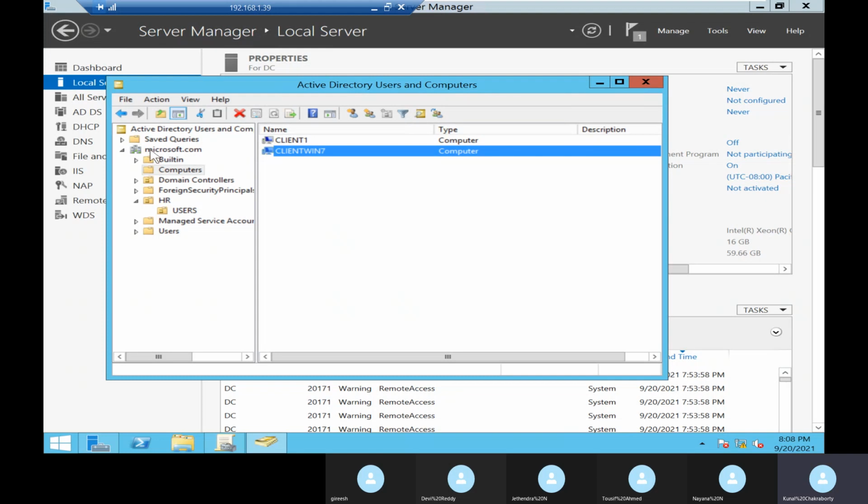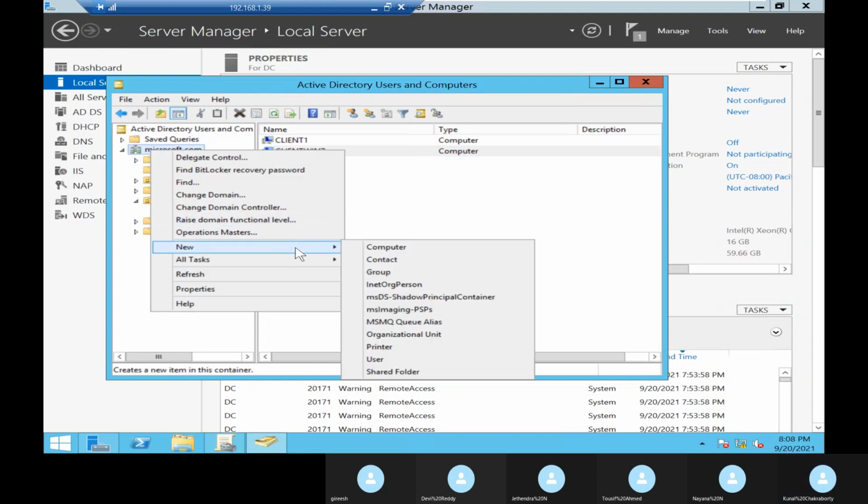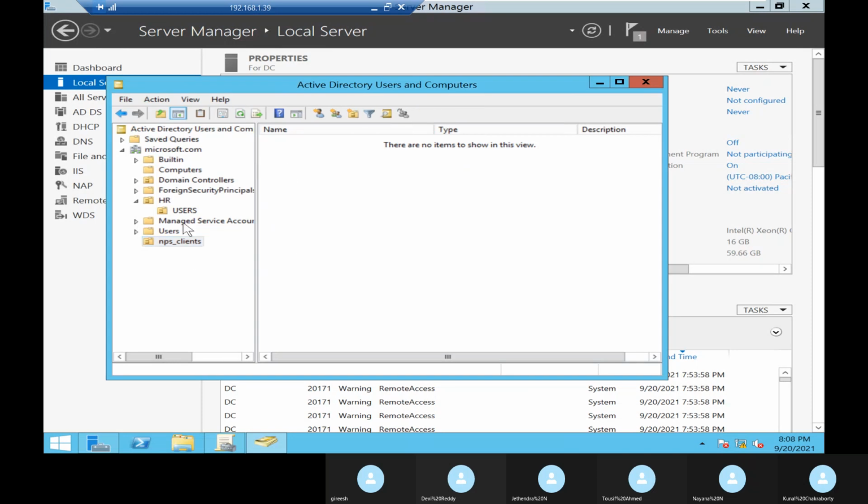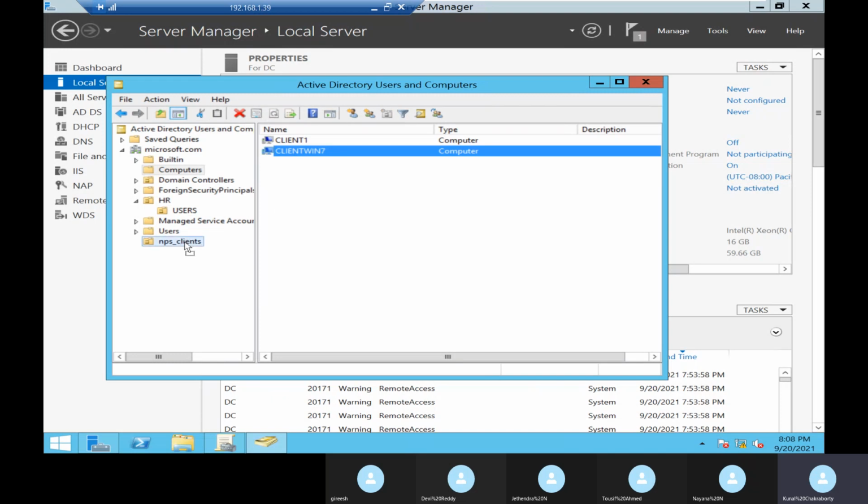In order to separate them, we need to create one OU. So create it, let's say NPS Clients. Now we need to move this client Win7 computer to this NPS Clients OU.